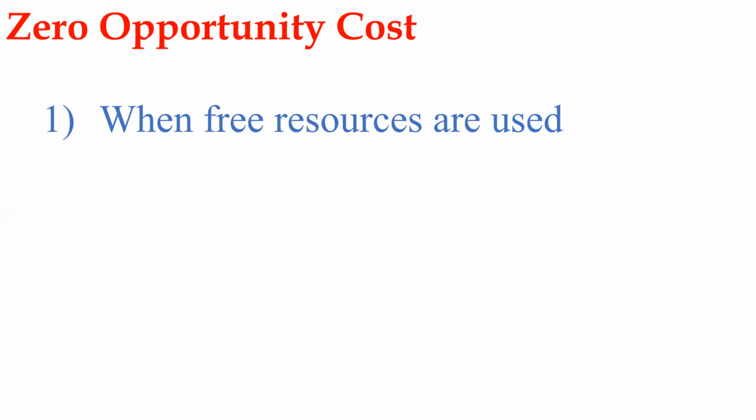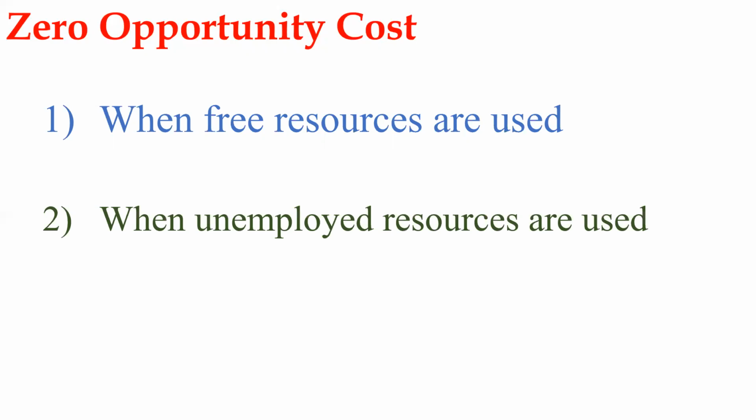Good example, assume people in our village areas, rural areas, they take the drinking water from natural sources, from a well or from a river. So they don't have cost or opportunity cost. The second one, if we can satisfy our needs and wants using unemployed resources, the resources which have not been used,